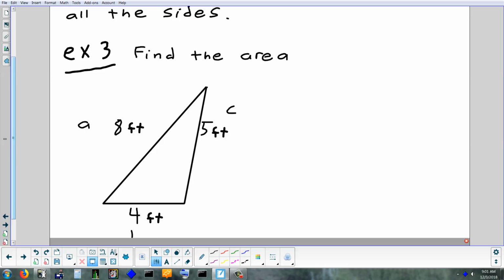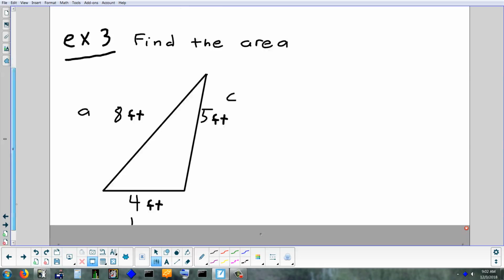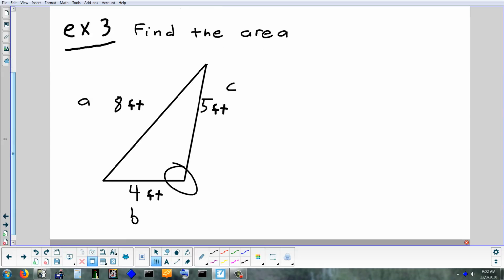So how about Derek, why don't you pick an angle and just describe to me which one and we'll solve for it. Alpha. So he's talking about the one right there, the one across from A. All right, so remember the law of cosines. It looks kind of like the Pythagorean theorem. One side squared equals the sum of the other two squares. And the reason I started with A is because Derek said alpha. Always start with the side across from the angle you want to find. So A squared equals B squared plus C squared,